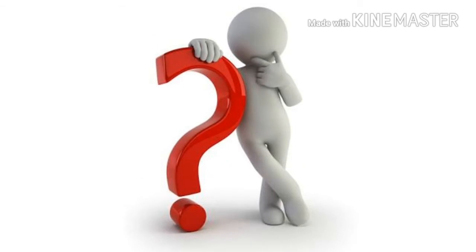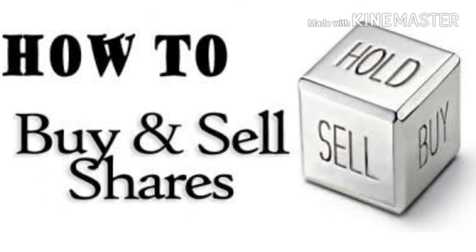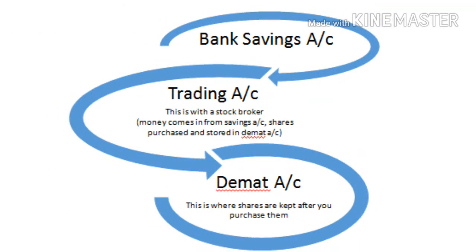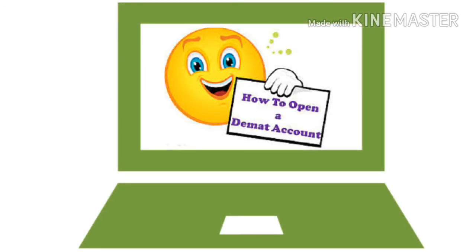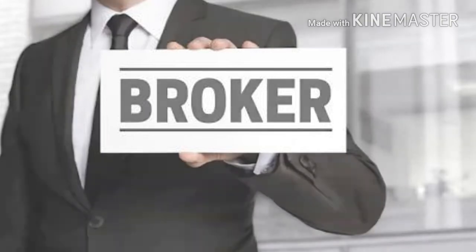If you're planning to enter the share markets, the obvious question that might be coming to your mind now is, how do I buy shares? For this, first of all, you need to open a trading and a demat account. This trading and demat account will be linked to your savings account to facilitate smooth transfer of money and shares. I'll upload a video which will guide you regarding opening of your trading and demat account. Generally, all investors and traders conduct such transactions using an intermediary such as a broker, who acts as a link between you and the stock exchange.